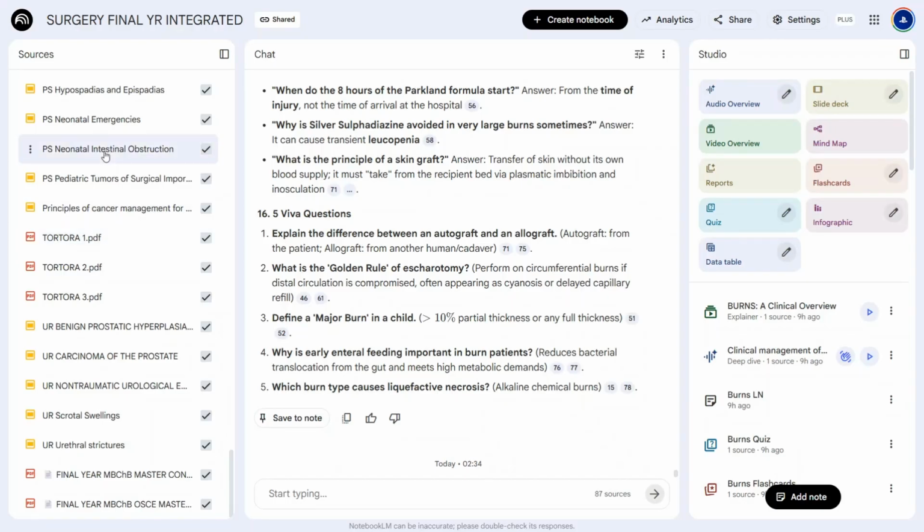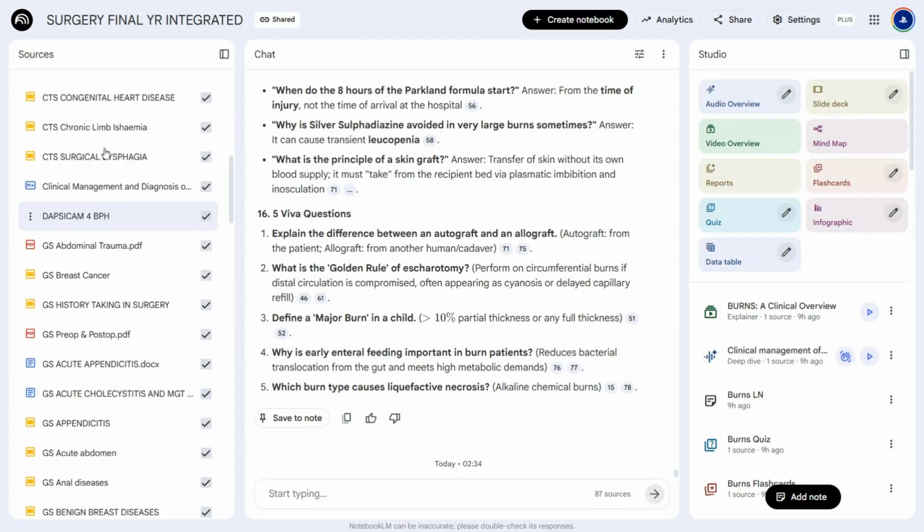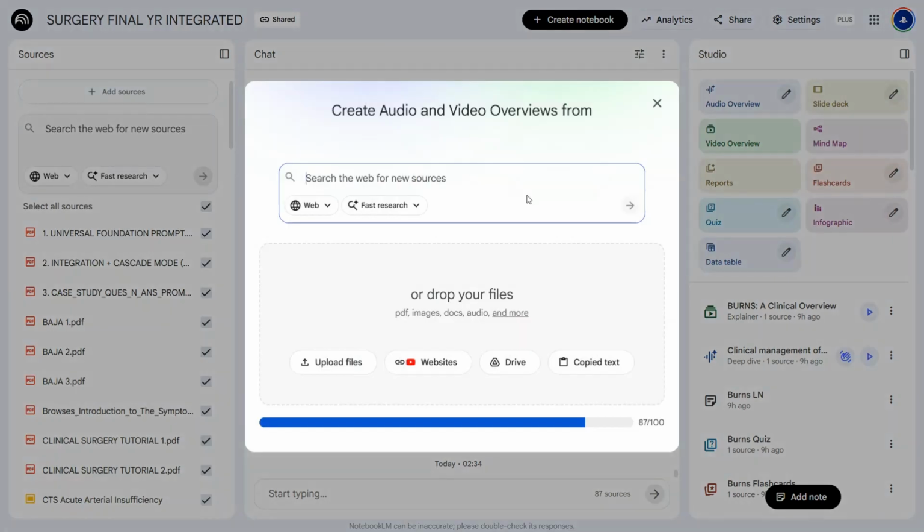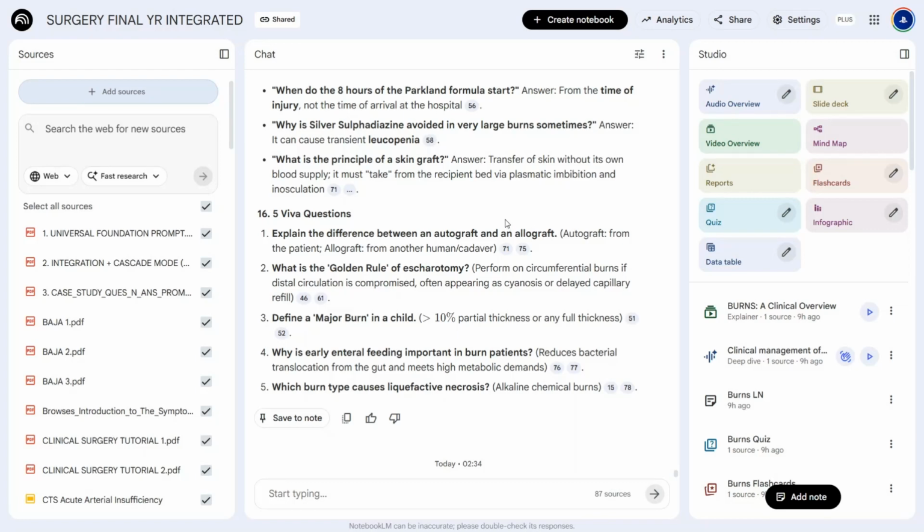And if by any chance you happen to come across any source, you can just click on add sources. So far as it hasn't reached the limit, you can input the source also inside. Also, you can just remove a source if you have reached the limit or summarize a number of sources. Now,